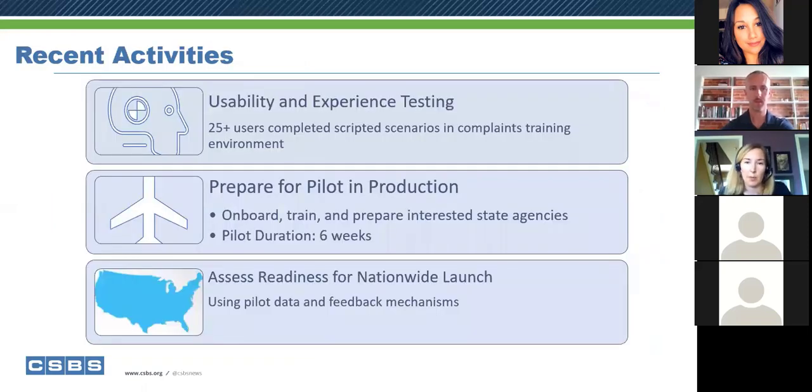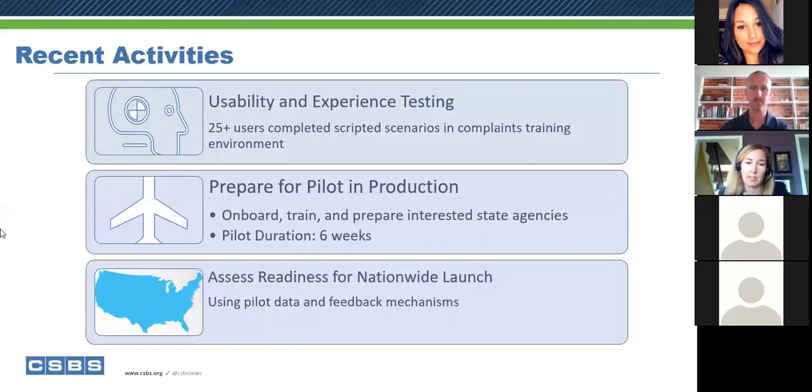We just want to brief you all and get you up to speed on where we're at with the system, and answer the question: is anyone using the complaint system? No agencies are using the complaint system as of yet, even though we have everything built and ready to go. We're in the process of putting together a 6-week pilot with 8 to 10 agencies, many who have been participating in our agency consumer complaint working group.